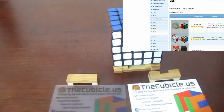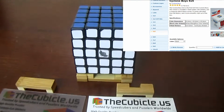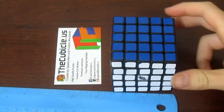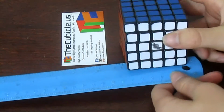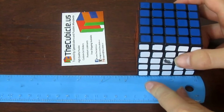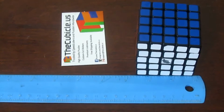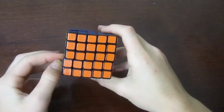The Cyclone Boys 5x5 goes for approximately $13 from thecubicle.us. It is about 63.6 millimeters across, which makes it slightly larger than its competitors, the Huachong and the Aotrong. The stickers on this cube are pretty basic shades, but the stickers do peel off the